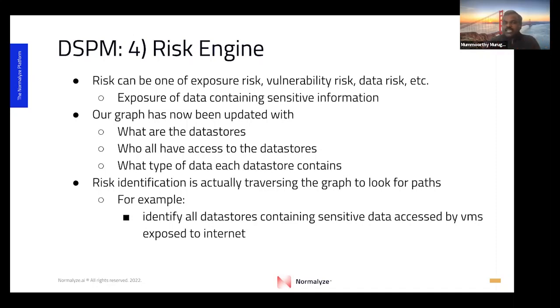So currently our graph has all the information that's necessary to identify this, right? We know all the data stores, we're not missing any. That's the discovery part. And who has access to it, all the relationships from user to compute, we have it, and what type of data is there. So if you go to the question, let's say we want to identify all the data stores containing sensitive data accessed by compute which is exposed to the internet. This is one of the first use cases we talked about. When an EC2 instance is exposed to the internet, you can compromise it and get access to it. And